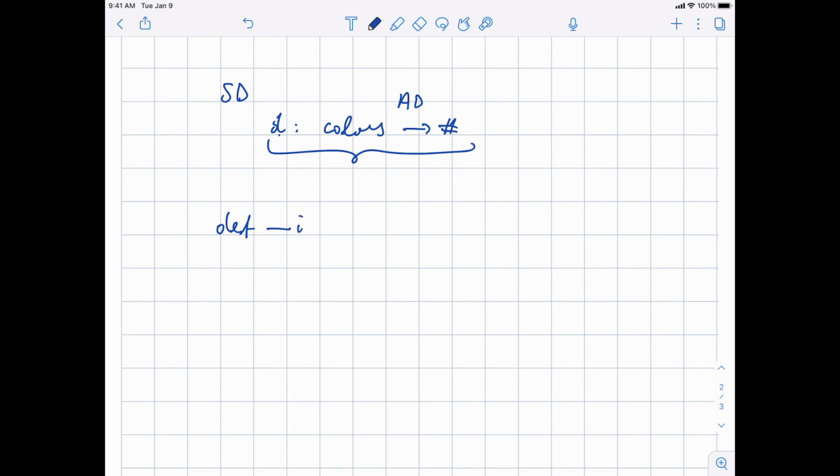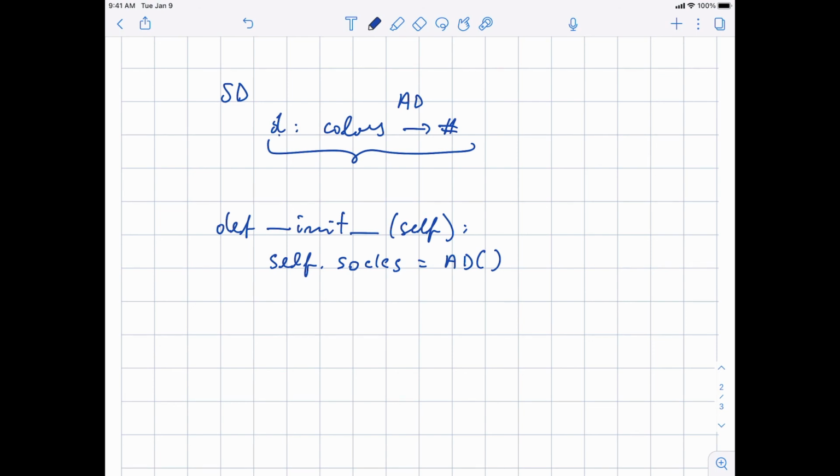Def init of self. Okay, and to create an empty sock drawer, you will have to say something like self.socks is equal to an empty arithmetic dictionary. And the idea is that when you put socks in the drawer, I beg your pardon, what you are doing is adding arithmetic dictionaries.